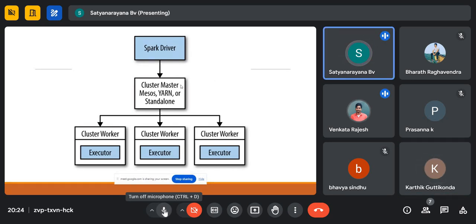So when we run Spark jobs, batch processing analysis, interactive analysis job, or streaming, any job you run in the Spark cluster, the request is taken by the Spark driver, then it goes to the cluster manager, then it releases the executors, and the executors are used to execute the process in the memory of the worker nodes. The data is in whichever node it is, on the disk of that node, and the RAM there processes it. Understand, guys? So once the process is completed in the memory, then the cluster manager acknowledges the job status to the Spark driver, and the Spark driver acknowledges the job status to the user. Did you understand?